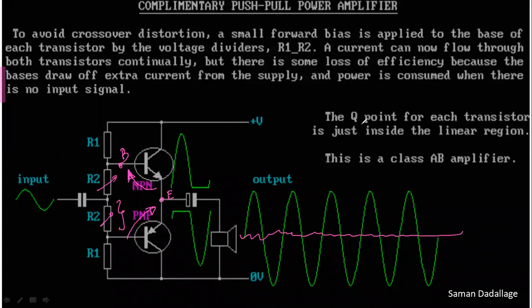If you tune properly, then you can improve the efficiency of this amplifier, and you can eliminate unnecessary current flow when your input is equal to 0. If you don't apply an input signal, you have to make sure that there's no current through the transistors. You can achieve that by selecting proper resistors for this circuit, especially these R2 values. So note down this paragraph.